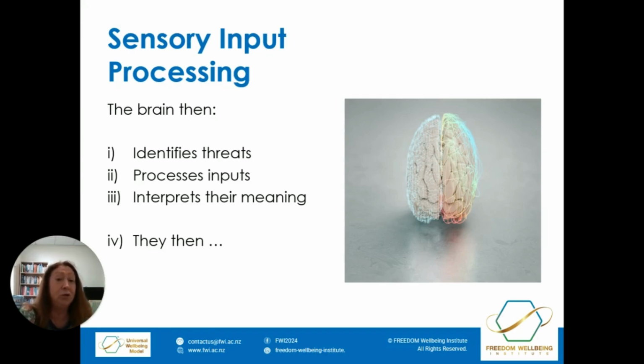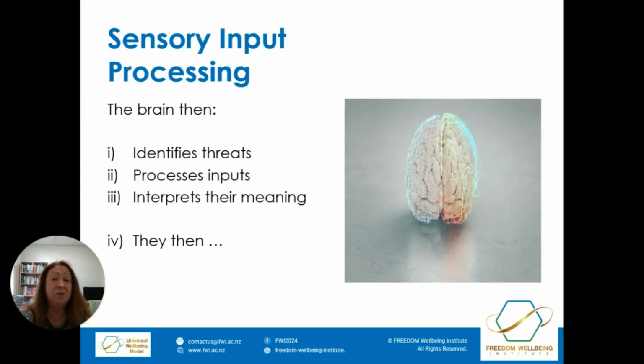Now, I don't need to consciously think about this. My brain works so rapidly to identify and protect me from threats that it will cause that behavior of lifting away my hand to occur in order to protect me. So our brain's quite amazing. If our brain doesn't identify that a sensory input is a threat, then it will continue to process the input or inputs to find out and interpret what they actually mean for us.